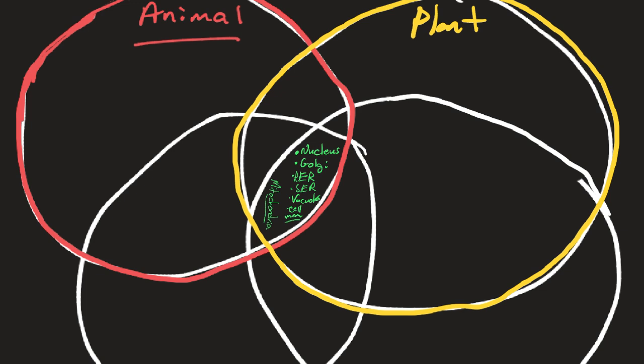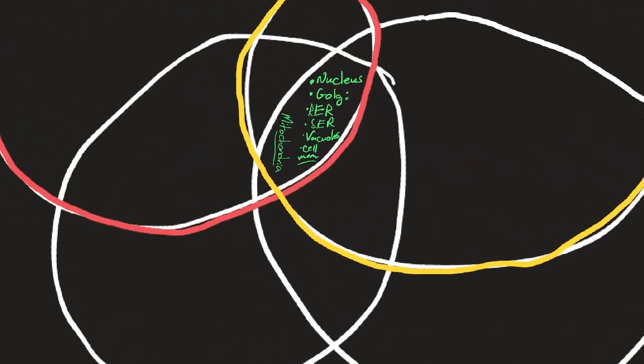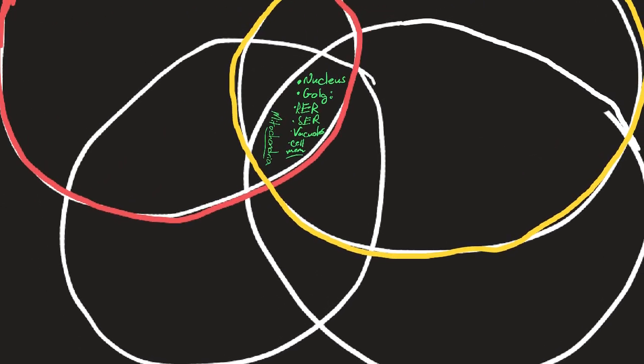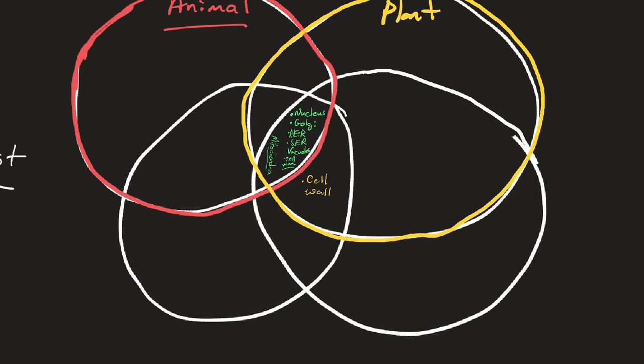They share with fungi and some protists, fungi and some protists, plants share cell wall. Plants have chloroplast, though, that